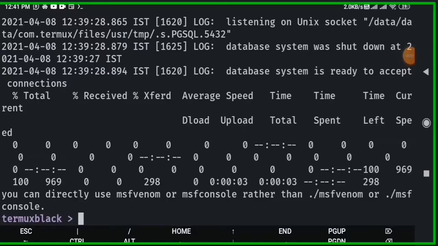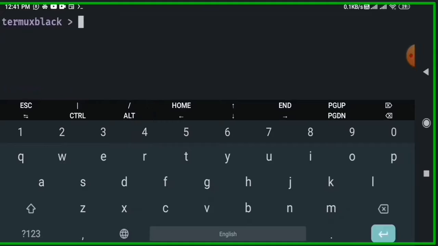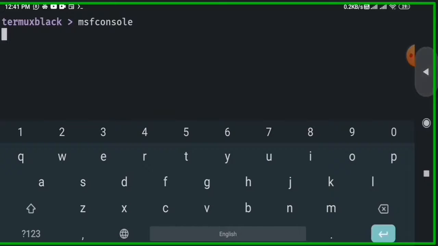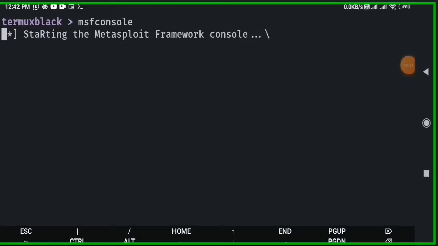Finally, our Metasploit installed successfully. Copy the msfconsole command, then open a new session. Clear my terminal and paste this command, msfconsole. Then enter, and you can see that the msfconsole command is working. Wait a few seconds. The msfconsole command is starting. Wait about 30 to 40 seconds.